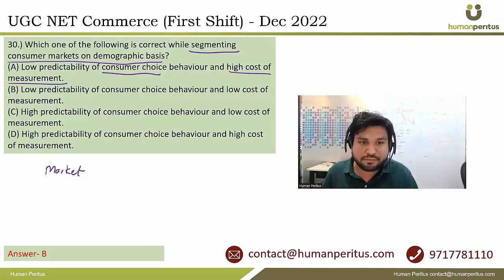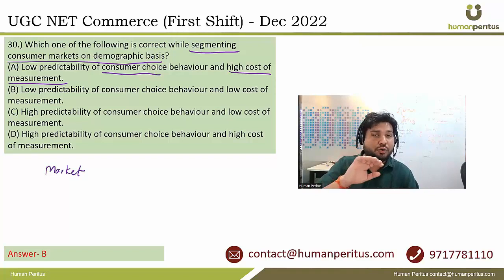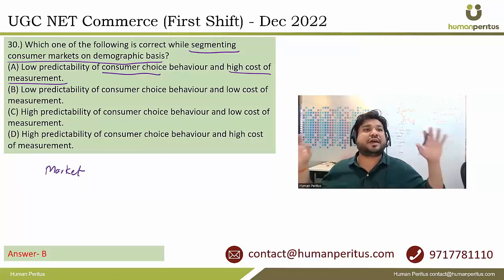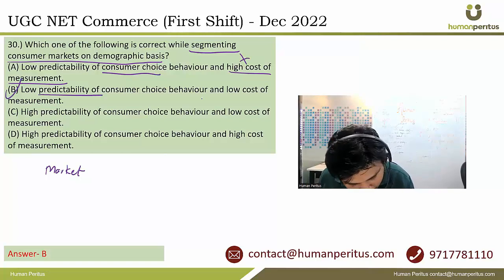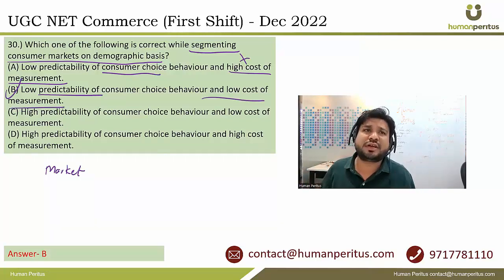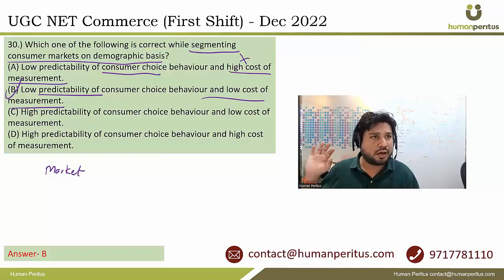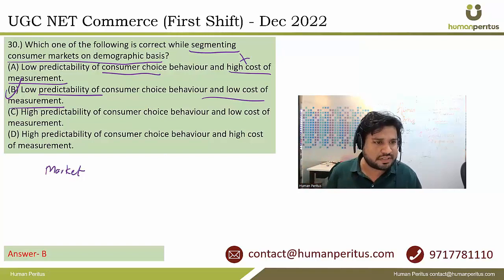तो देखते हैं कंज्यूमर चॉइस बिहेवियर। अब जाहिर सी बात है अगर मैं डेमोग्राफिक सेगमेंटेशन को बाकी सेगमेंटेशन से कंपेयर करूंगा तो डेमोग्राफिक इज वेरी सुपरफिशियल और बहुत ही ऊपर ऊपर से है, तो लो प्रिडिक्टेबिलिटी रहेगी। अगर मैं बिहेवियरल की बात करूं तो किसका बिहेवियर किस ब्रांड की तरफ कैसा है वो ज्यादा अच्छे तरीके से बता पाएगा कंज्यूमर चॉइस के बारे में, एज कंपेयर टू के जेंडर कैसा है, यानी लो प्रिडिक्टेबिलिटी। एंड हाई कॉस्ट ऑफ मेजरमेंट, नो। करेक्ट आंसर इसका बी है वैसे, कि लो कॉस्ट ऑफ मेजरमेंट, क्योंकि इसमें कोई अलग से सर्वे नहीं कराना है आपको। बहुत सारे डेटा होते हैं जो कंट्री की पॉपुलेशन से रिलेटेड आपको मिल जाते हैं, ब्यूरोज रहते हैं, सरकारी एजेंसियां हैं, तो अलग अलग सेगमेंट का आपको डेटा आसानी से मिल जाएगा,